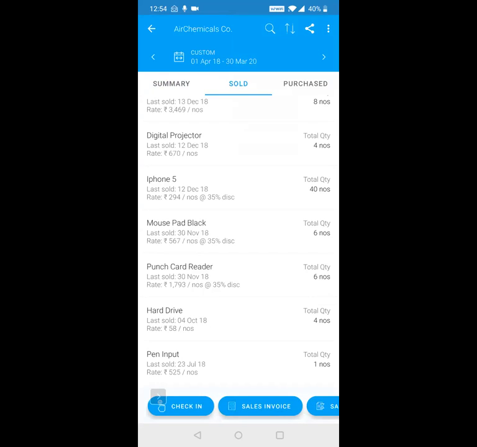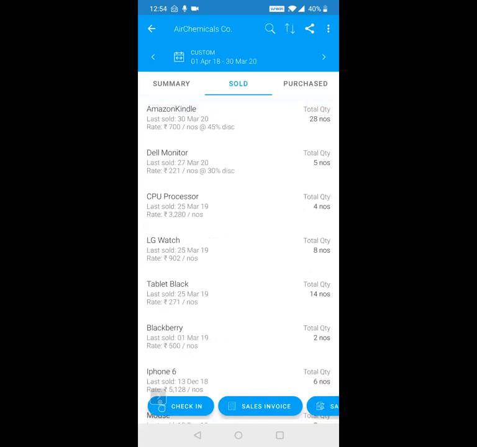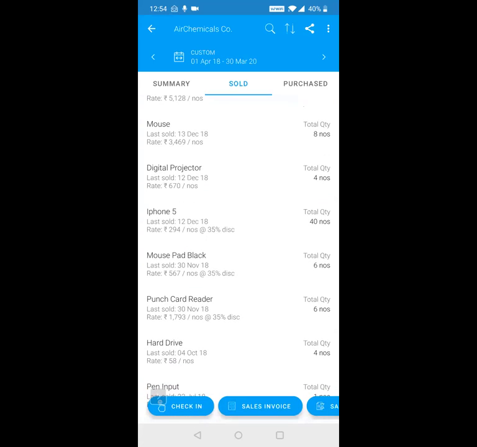So it's a good discussion your salesperson can have with the customer: why have you not given me an order for hard drive? Is it a quality issue, a pricing issue? I want the order for hard drive again. So these are all the items that your customer has bought from you in the past. But only the top 2 or 3 he's buying on a repeated basis, the other ones he's not buying repeatedly. So it's a good conversation that your salesperson can have with your customer.